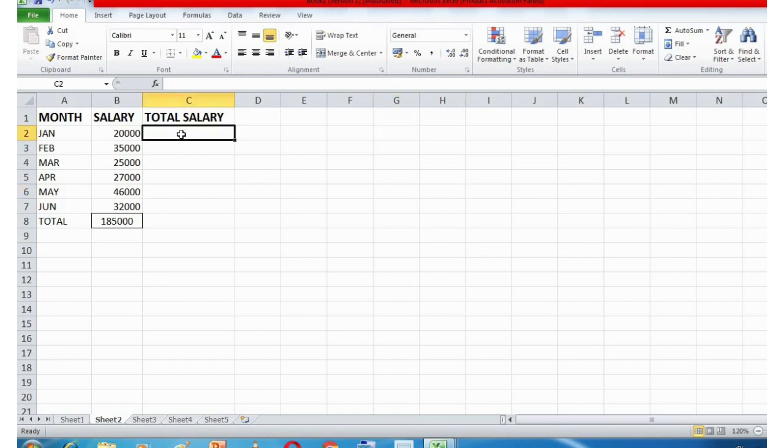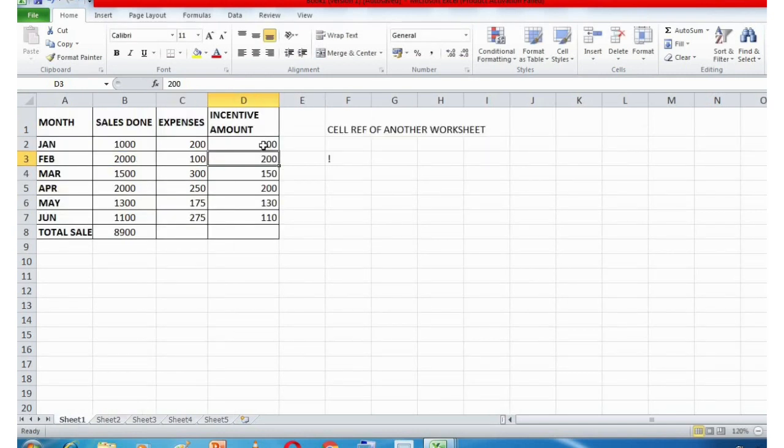Just come to this cell C2 of sheet 2. Here I am going to type a formula, equal to B2. So this is B2. I want to calculate the total salary, which is the addition of this salary plus this incentive amount.